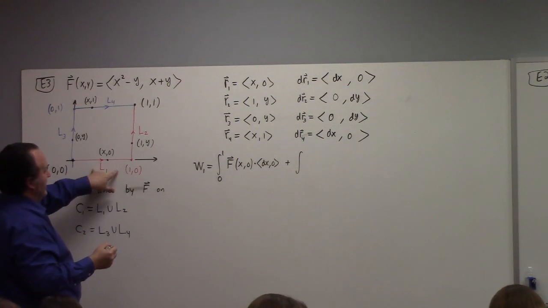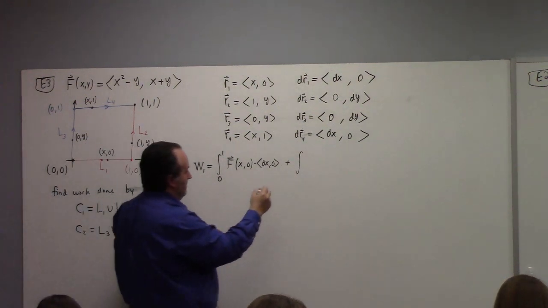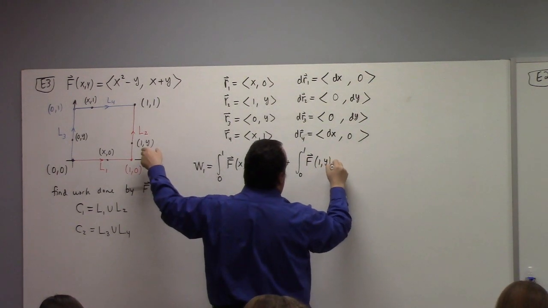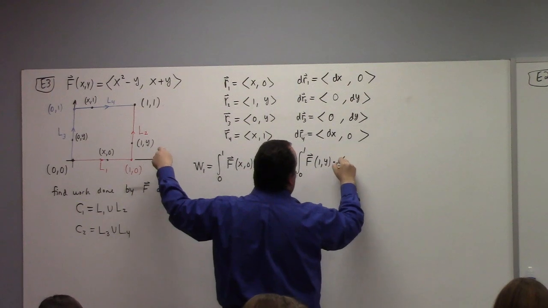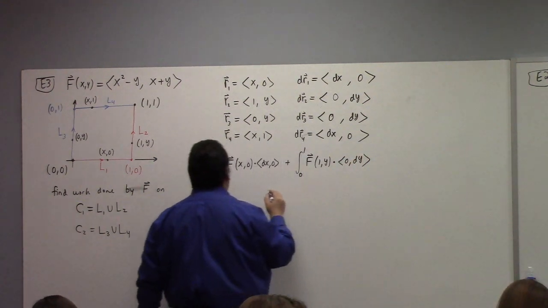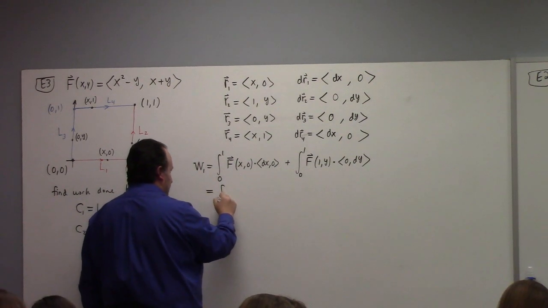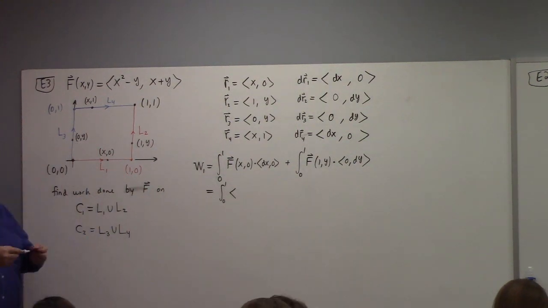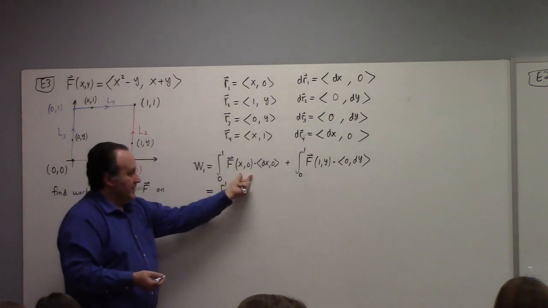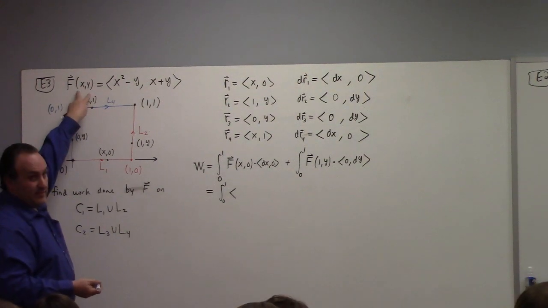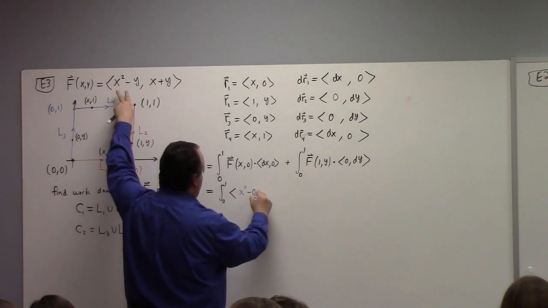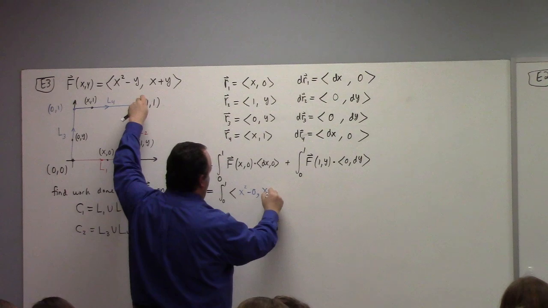So that's the L1 integral. Now the L2 integral, I'm integrating from 0 to 1 again. And this time I'm supposed to do f of 1, y, dotted with my dr2, which is 0, dy. So this is the integral from 0 to 1. Now what I have to do is plug x and 0 into the formula for the force. So I'm making a substitution of (x, 0) into the formula (x, y). So that is x squared minus 0, comma, x plus 0,